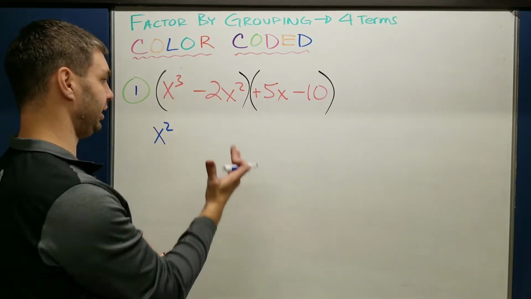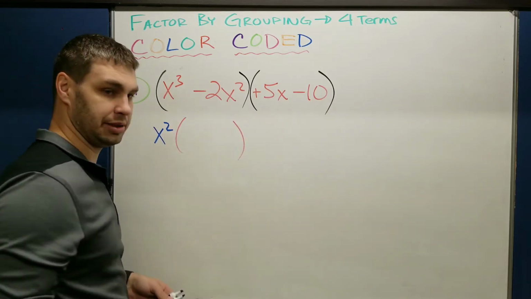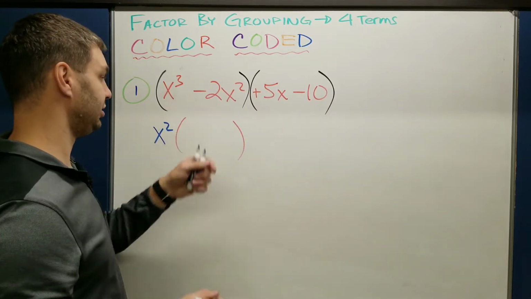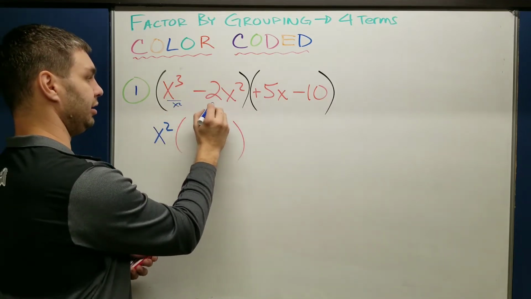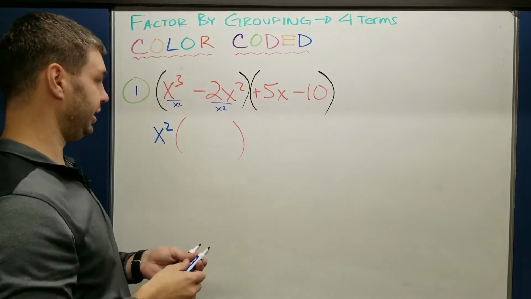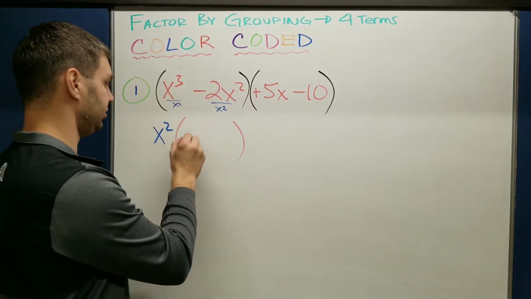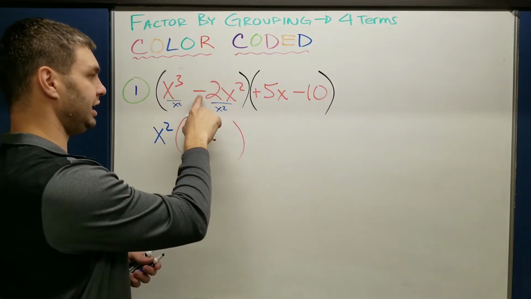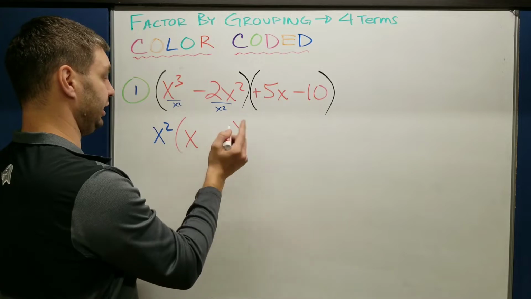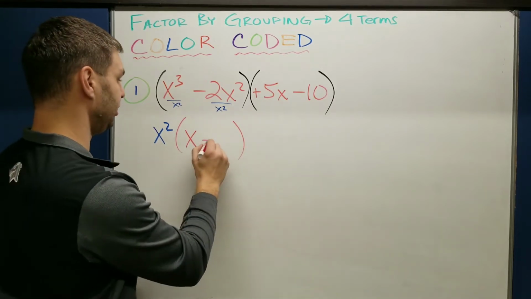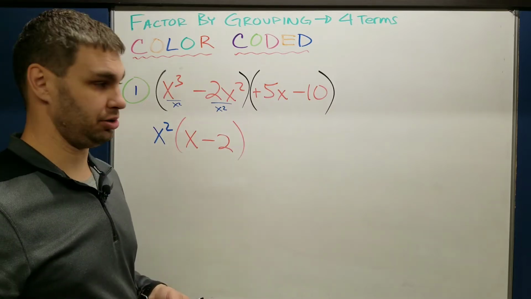I'll use the blue for my front numbers. And then I'll make a red group, all right? The red group is going to be what's left over after I take out x squared. You can almost think of this as being like divided by x squared. Okay, kind of like that, divided by x squared. So obviously x to the 3rd divided by x squared is just x, all right, just x. Over here, negative 2x squared divided by x squared is negative 2. The x squareds cancel, the negative 2 comes down into the red group, all